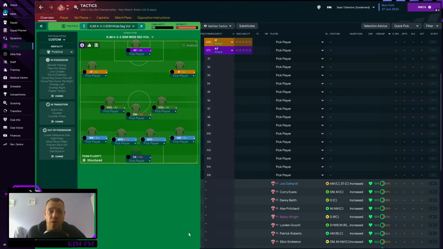I've got a total of 8 managers, all managing mid-table teams, and we're going to see exactly how they get on with this tactic. We'll go through the tactic first of all. It is a 4-3-3, uses 3 defensive midfielders with Segundo Volantes. And to start with, it's pretty straightforward. It is a 4-3-3. 2 wing-backs on support, with a sweeper keeper on defend, 2 ball-playing defenders on defend, 2